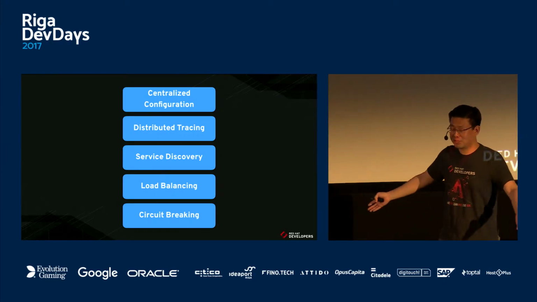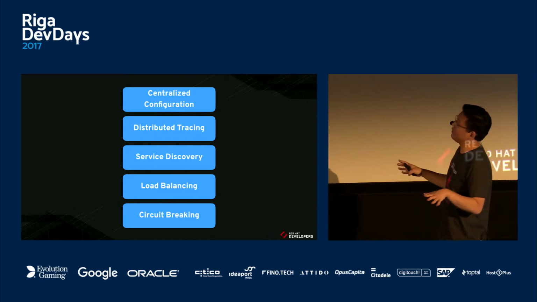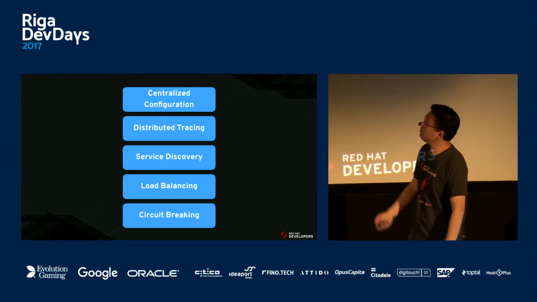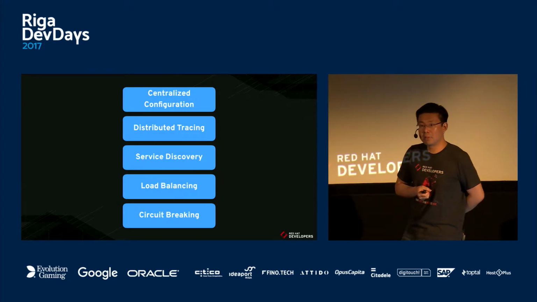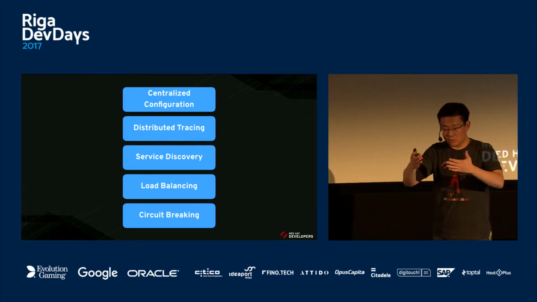There's a huge list of problems that you have to solve, but I've chosen only 5 to be discussed now because I think they're the most simple and popular at this moment. So if you think about microservice architecture, you have to solve at least these kinds of problems: centralized configuration, because if you have a distributed system, you don't want to be looking at each one of your artifacts